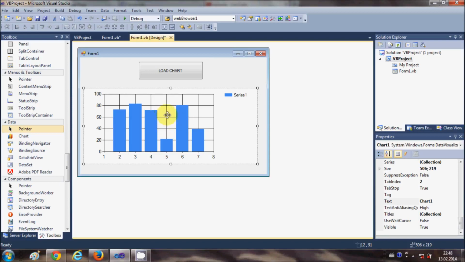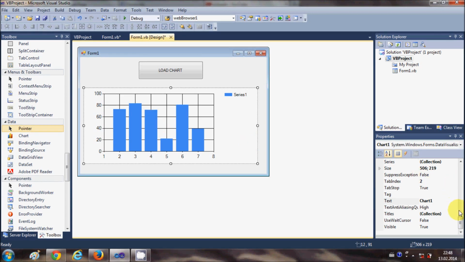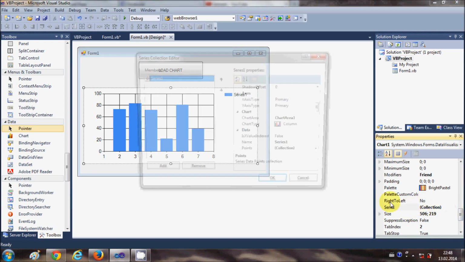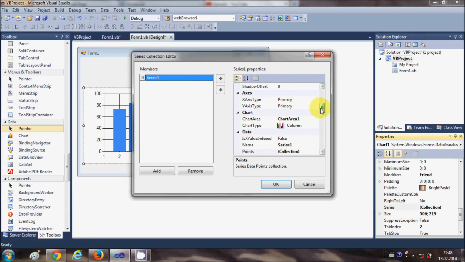So the first property I want to show you is the series. So just select your chart and go to the property called series here, which is this. So just click this button near series collection, and in here you can customize your series. So first of all, by default your series name is series 1, so I change it as something else. For example, I want to show name versus age series, so I want to name my series as age,